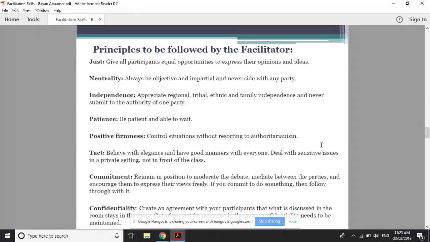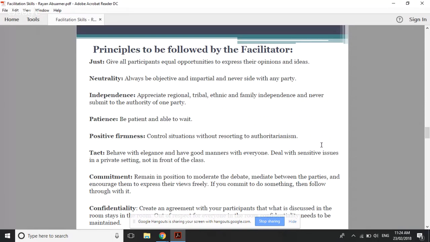Neutrality, independence. Be patient. The facilitator. It's one of the most important and the hardest things for the facilitator, to be patient, because I know, especially if you have a number of participants and everyone starts saying their opinion and everyone wants to share their opinion, it's hard to control them, and it's hard to make sure that you stay on the topic, on the same path, and not go out. But as a good facilitator, I believe you could do it, everyone. All right,